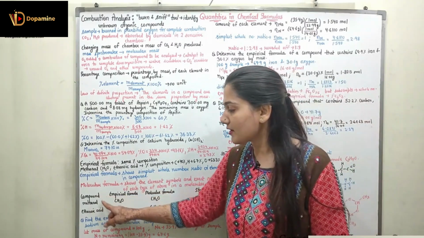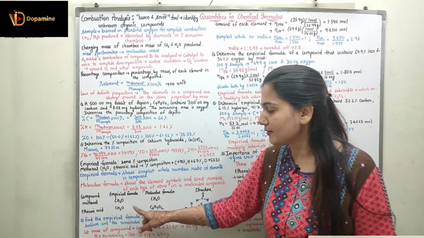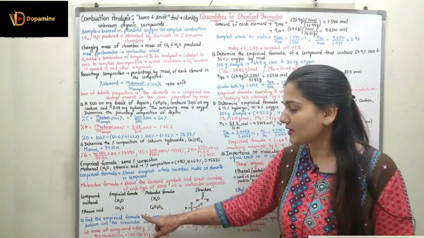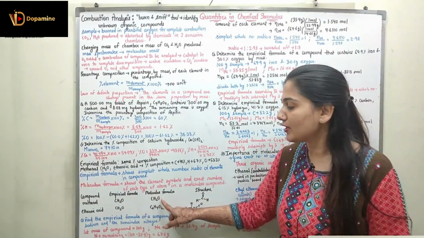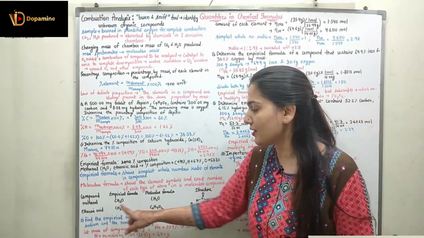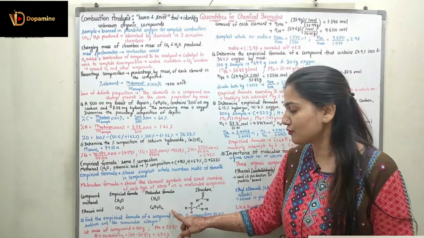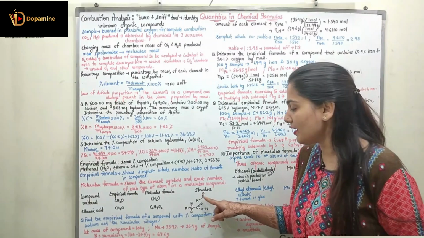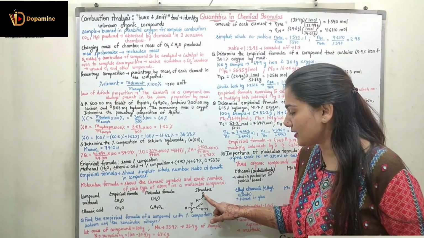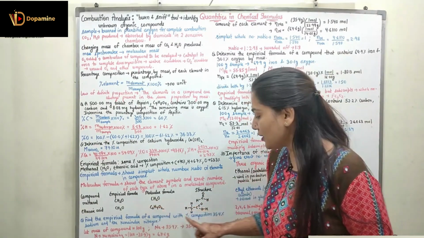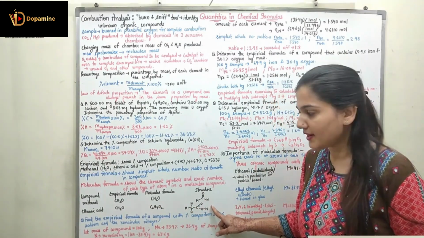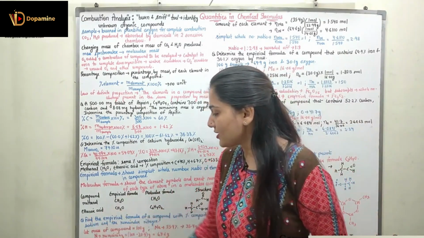Right, so now again we are comparing methanol and ethanoic acid, which is having the empirical formula CH2O. Both of them are having the empirical formula CH2O, but molecular formula of methanol is CH2O, whereas ethanoic acid is C2H4O2. Right, so you can see the structure of the methanol. Methanol is CH and double bond O over here, and ethanoic acid is CH3, C double bond OH. Right. So now coming to the question based upon it.